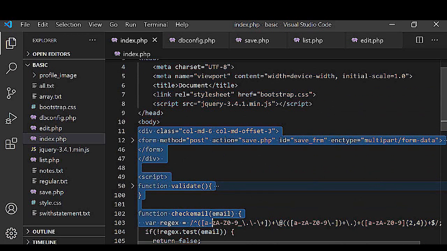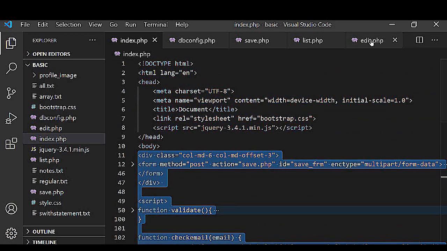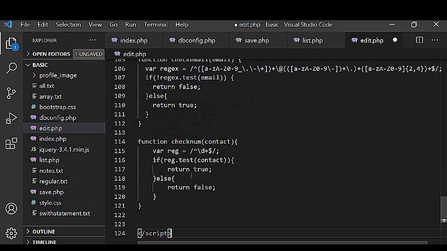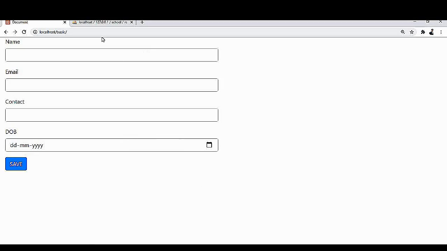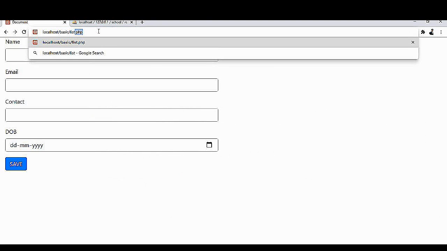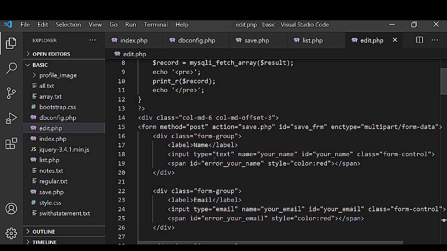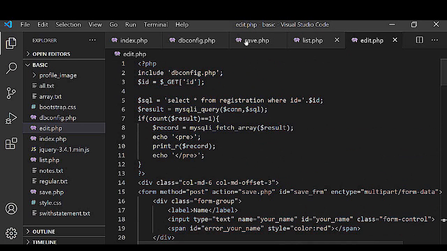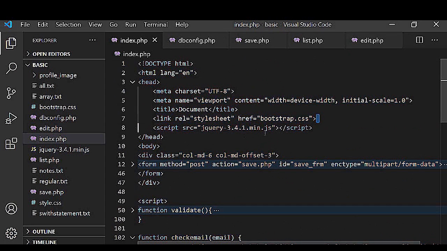So you will get all these things. You have to just put